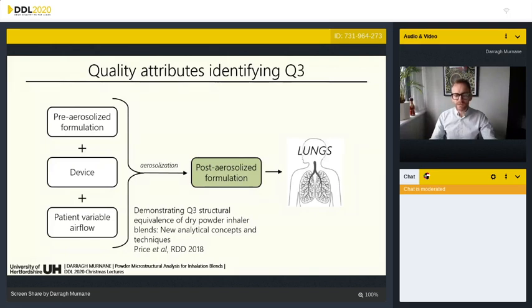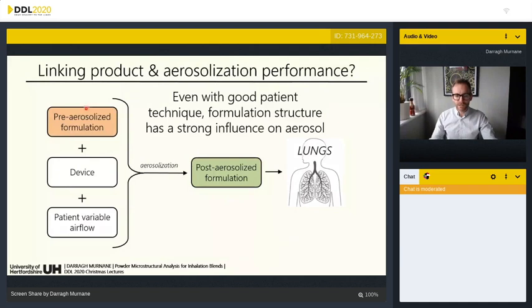But if we look at this, there is, of course, the aspect that we have a pre-aerosolized formulation. And this pre-aerosolized formulation is really where we're interested. The process by which that aerosol interacts with the mechanics of the device under patient airflow is what generates this post-aerosolized formulation. And really, we're interested in trying to understand how the structure of the powders within that formulation are